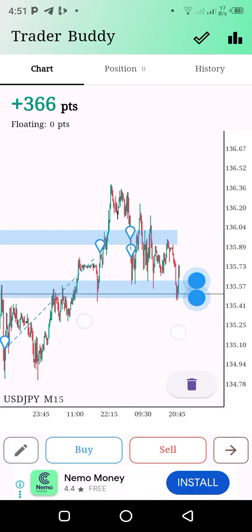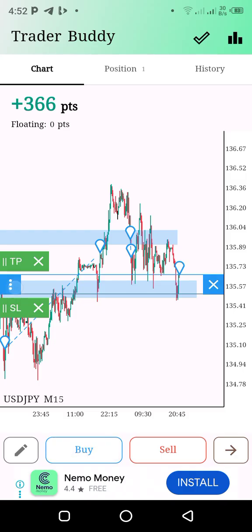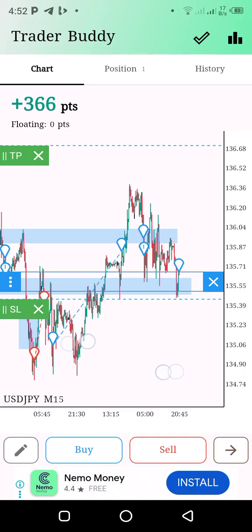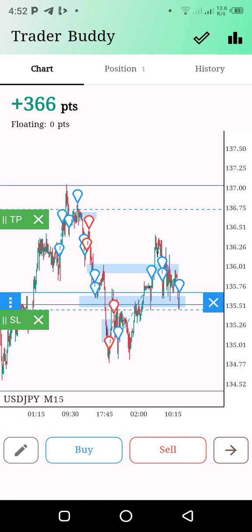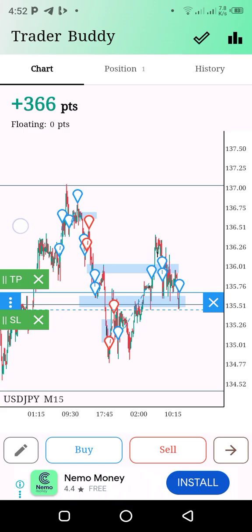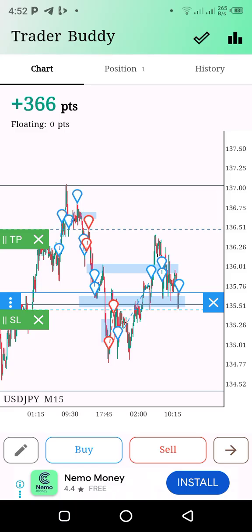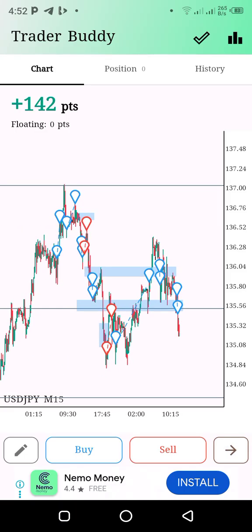So this becomes a strong demand zone. Price has failed to break this level three times. That means I'm safe to say that I can take my buy, stop loss just beneath the level, and then TP, as I've told you, is going to be at this supply level here. So let's wait and see what market does. Yeah, market just